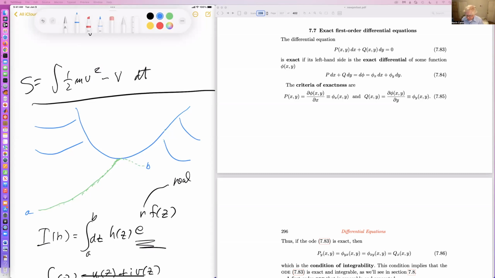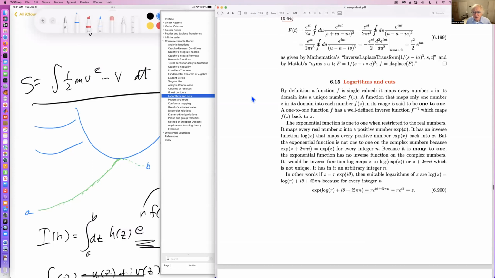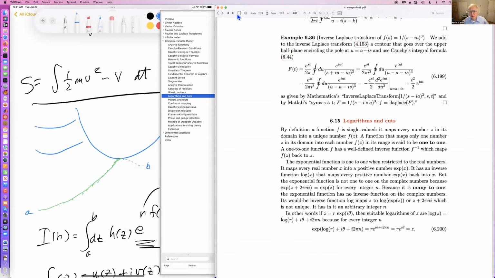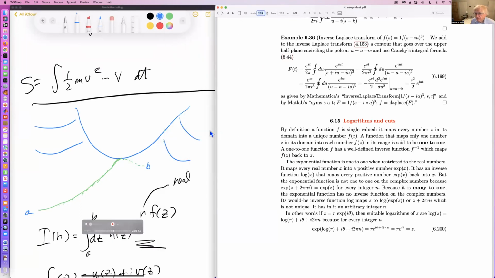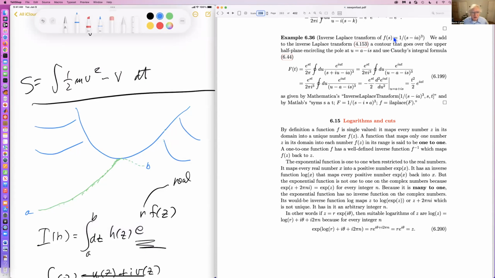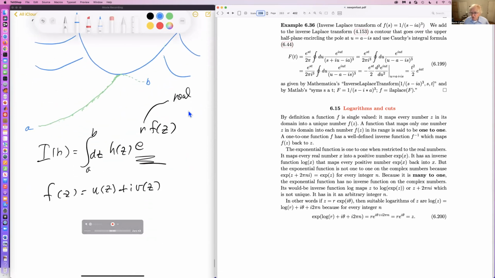Let me start with an example that I forgot to show you yesterday. I prepared an example of a ghost contour, the use of a ghost contour to find the inverse Laplace transform. And so let's consider the inverse Laplace transform here of